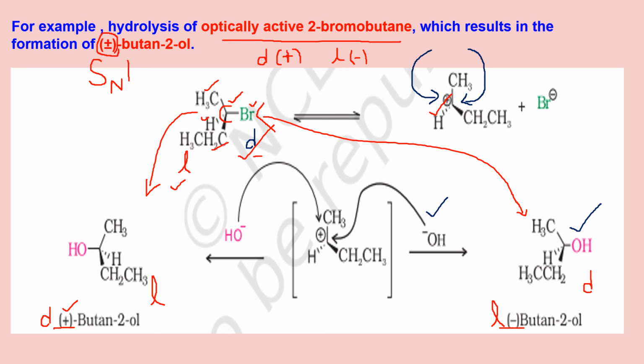Now there are 50% chances that I get this compound with this orientation. Compound is same, orientation is different, and there are 50% chances of this orientation, right? So that's why in the compound, which is the product, we write plus minus because both are getting formed. And such mixtures which have exactly the same percentage of both the orientations, dextro and levo, 50-50%, that is called a racemic mixture.